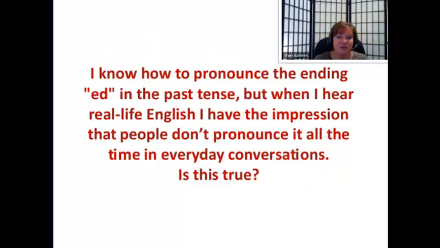The third question is about the ED. Now, I know some people have a problem with this ED. This is a question by Alcy, who asked, I know how to pronounce the ending ED in the past tense, but when I hear real-life English, I have the impression that people don't pronounce it all the time in everyday conversations. Is this true? My answer to the question is they do use the ED whenever they're using a word